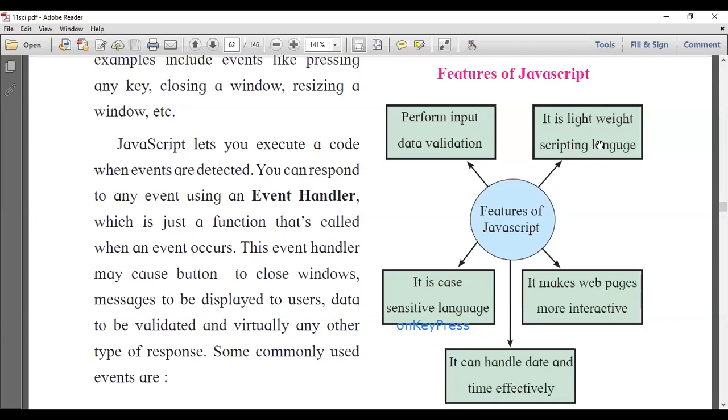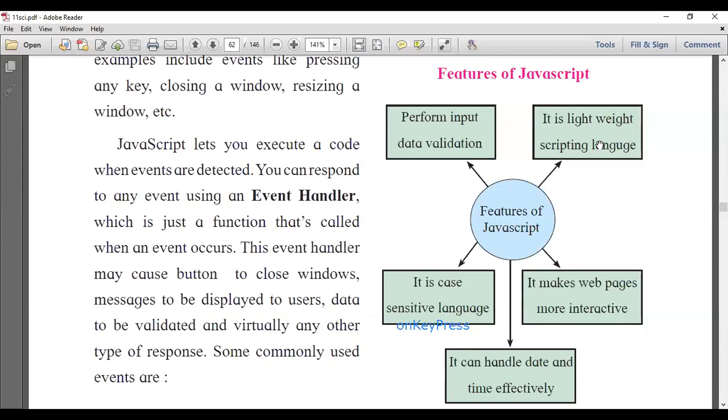The second feature is that it is a lightweight scripting language. It is a lightweight scripting language means you can use it on any browser. You don't have to use any compiler or any interpreter to interpret the scripting language.